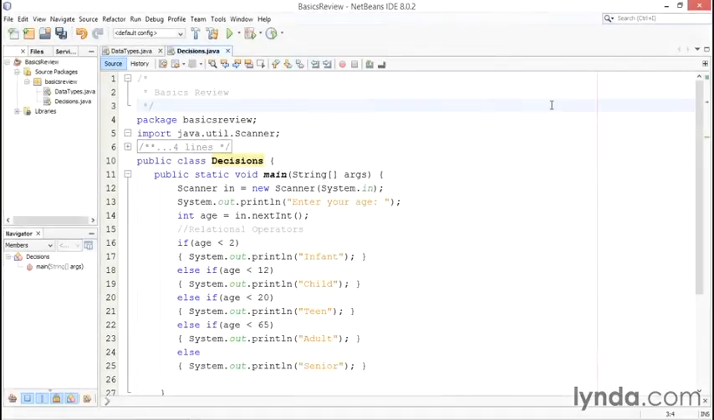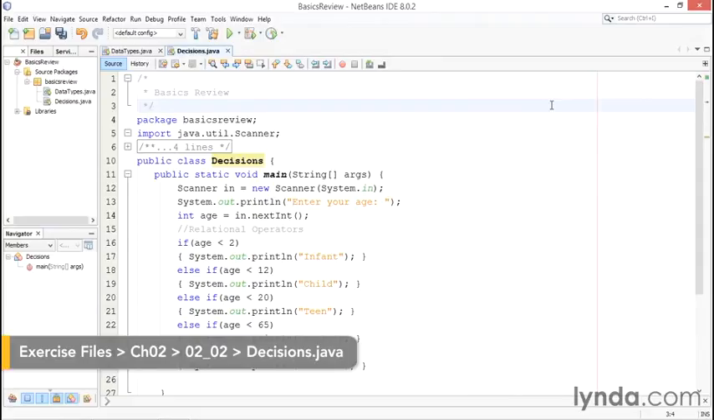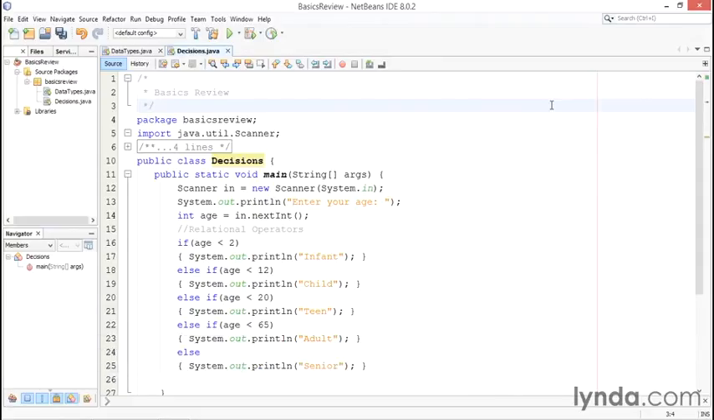Here is another example program with some decision-making logic added. Let's take a look. I start out with a print line statement that asks the user to enter their age. We read that value in on line 14, int age equals in.nextInt. Now we use the relational operator less than to compare the value entered by the user to determine the age